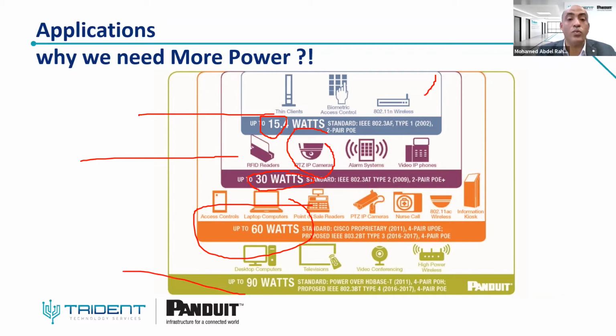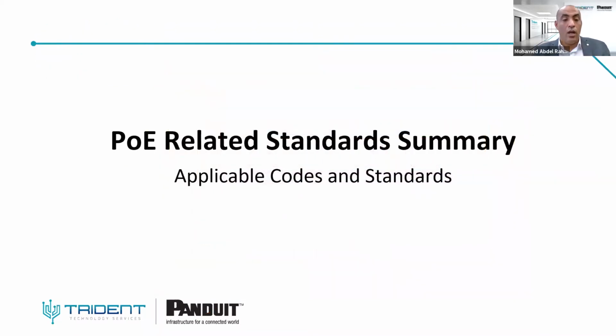Finally, this one is the Type 4 POE, which can support devices like television, video surveillance, or video conference, or Wi-Fi 6, which needs high power. Also note that the list continues to grow. So these are the applications. Now we need to have the POE++, which can support up to 71 watts, as we said, to the powered device.